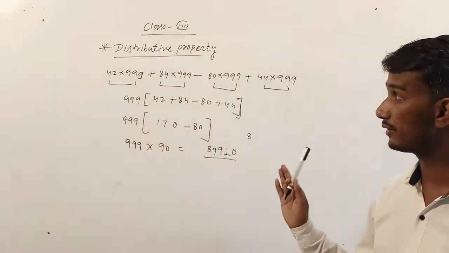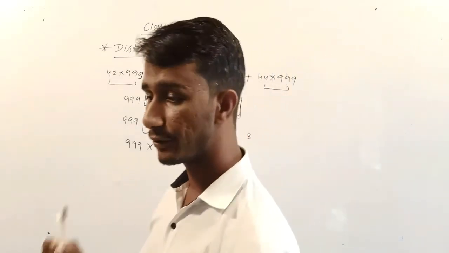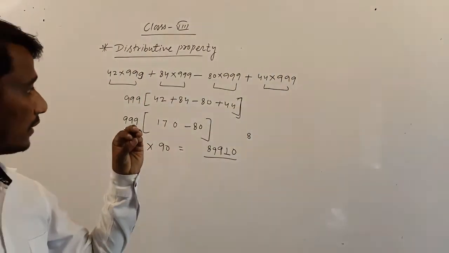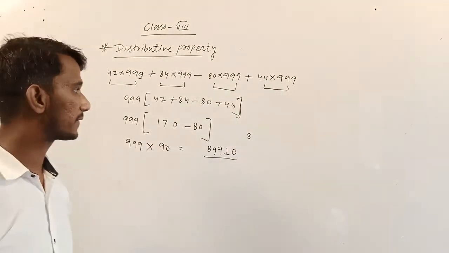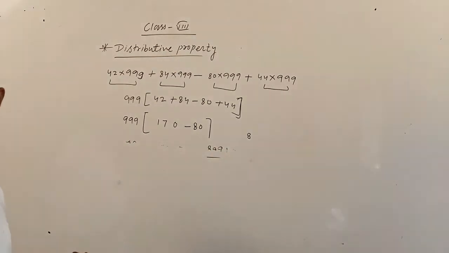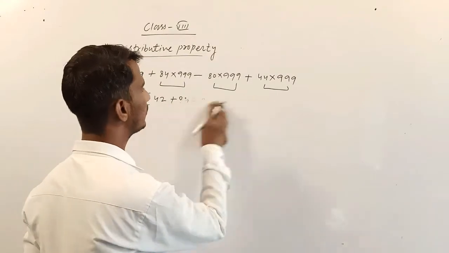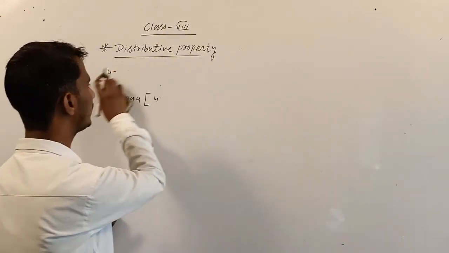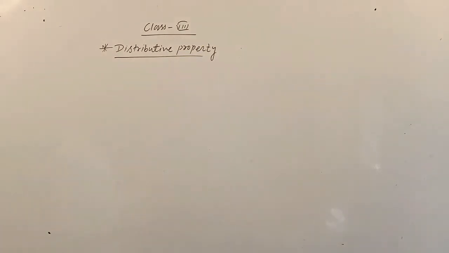We can solve all the questions if we use the distributive property, associative property, commutative property, so we can get easy solutions. Okay, students? Now, the next question I am telling you, and this is the final question for the distributive property. You can use it for any type of number. Check here.